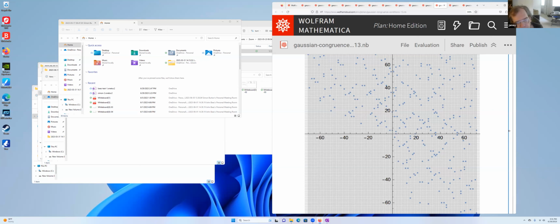Yeah, now you're making me think it's not really the third quadrant that's missing. It's like some bigger region that's missing. Yeah. Anyway,